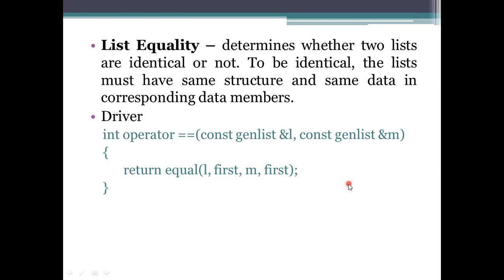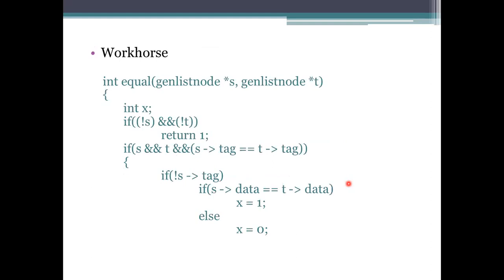And if you need to provide a complete representation with the data also, the data has to be checked. First check for the structure. Structure means whether it consists of atoms or lists, we need to see. And later we need to compare the elements of the structure there. Means atom: A is an atom in the first list, then in the second list A has to be considered as an atom only. If not, it is not considered as equality.